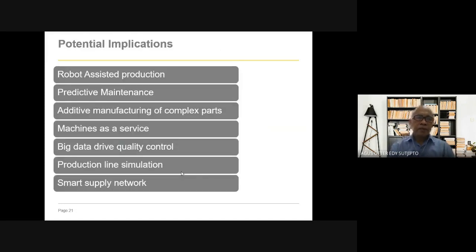And the implication, of course, of adopting Industrial Revolution 4.0, like robots: we should introduce robots into our industry. And there is also the potential to have predictive maintenance, in order to reduce breakdown maintenance and periodical maintenance. So why periodical maintenance? Periodical maintenance sometimes follows the manufacturer guidance, right? Like we discussed last time.